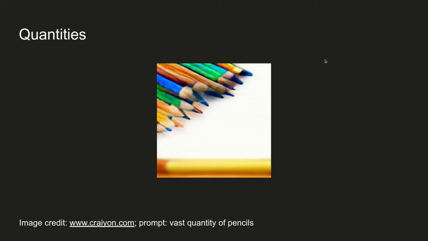So, quantities. This picture of colored pencils, there's about 10 of them. 1, 2, 3, 4, 5, 6, 7, 8, 9, 10. All of them aren't completely crystal clear as to what's happening. AI art generators are really cool, but there's always some kind of artifact that they leave that gives you a clue that it's generated by a program instead of a person. But they're great for stock pictures. So there's 10 colored pencils.